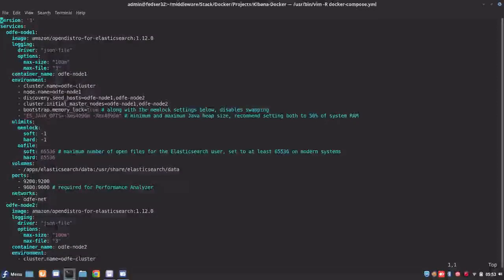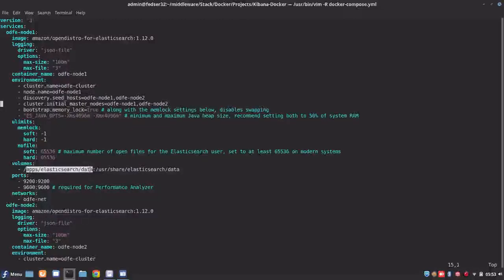Okay, so I haven't edited anything. This is the default Docker Compose file, which I have got from the OpenDistro documentation portal. Okay, so the main thing is the volume section. This is the volume mount that I have created, which will store the persistent data of the Elasticsearch cluster.